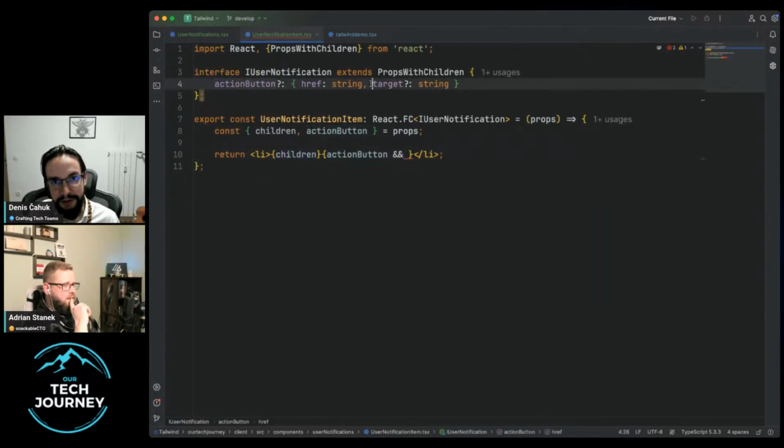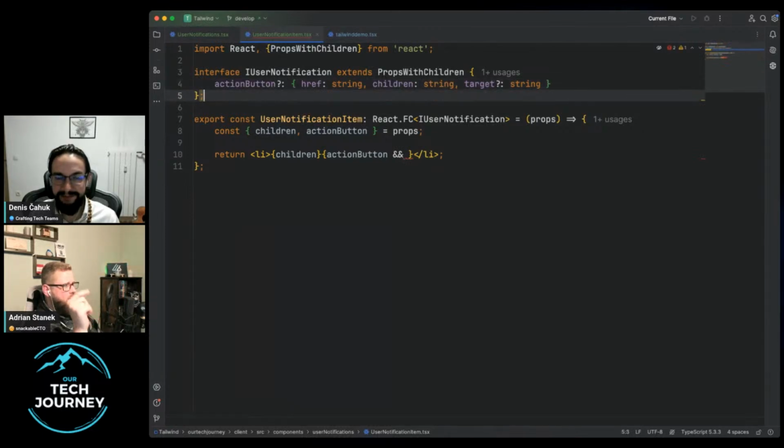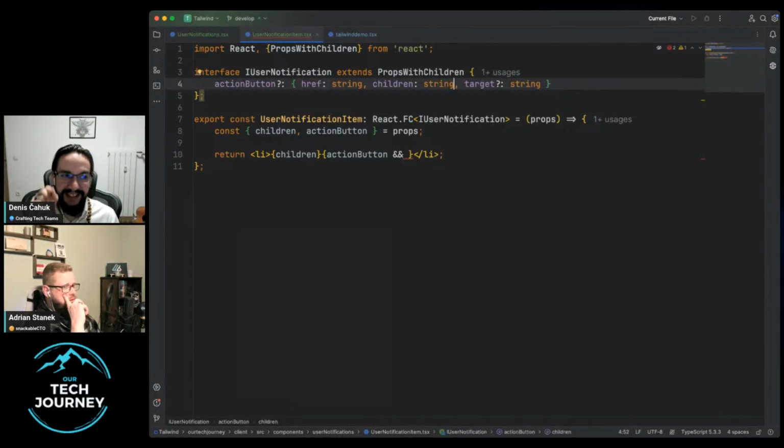So I need that to be children. And what is it? You could now use React nodes. You could use JSX.Element, but I think it's deprecated as far as I remember. Should I make it a string? Make it a string. It's actually better to have that more normalized. You can use it, but then it's a React node. I know, but that's exactly what I want, right?